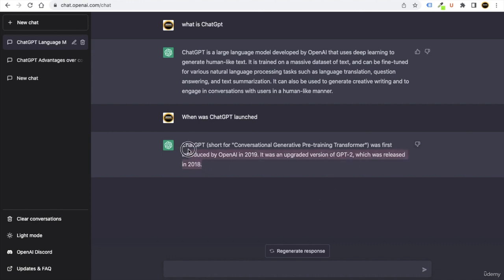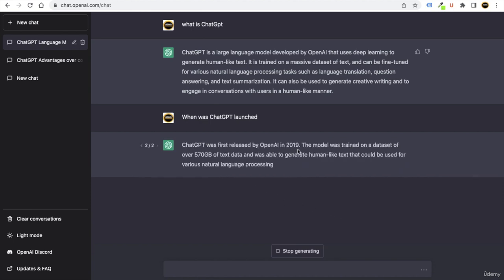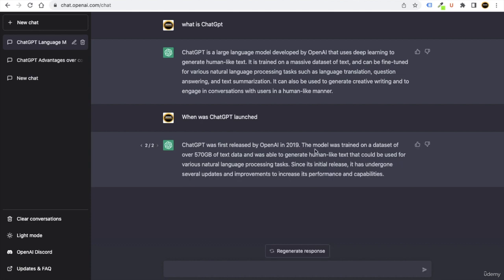And for some reason if you don't like this answer, you can click on the option to regenerate response, and ChatGPT will give you a new answer to the question. Like here you can see ChatGPT was first released by OpenAI in 2019. The model was trained on a data set of over 570 GB of text data and was able to generate human-like text that could be used for various natural language processing tasks. Since its initial release, it has undergone several updates and improvements to increase